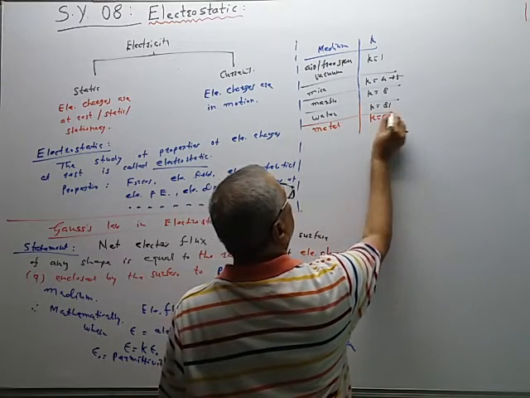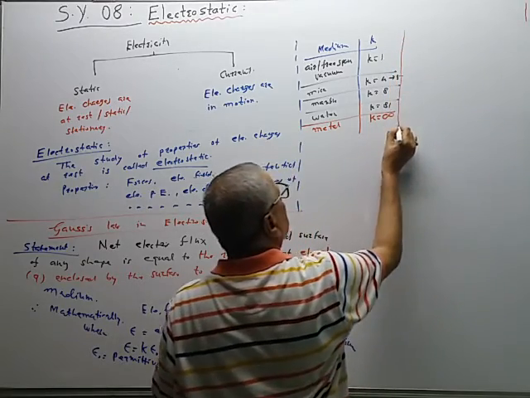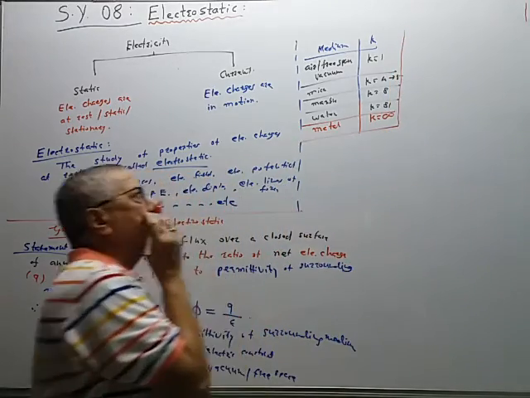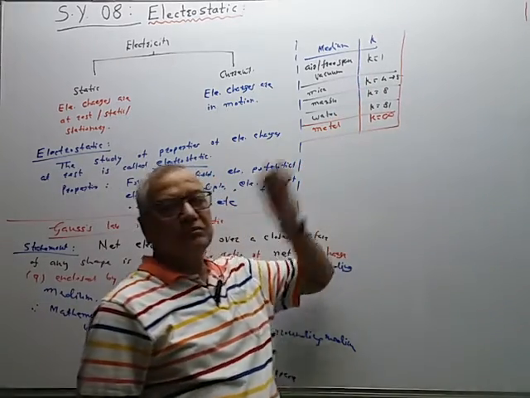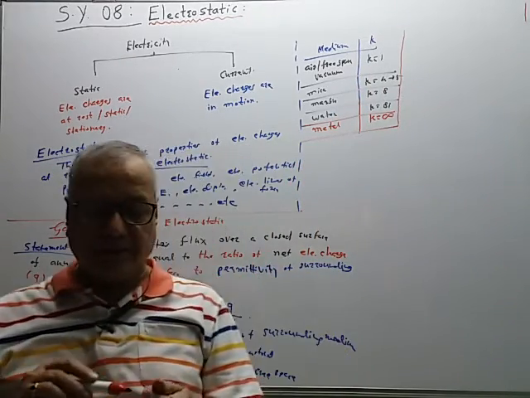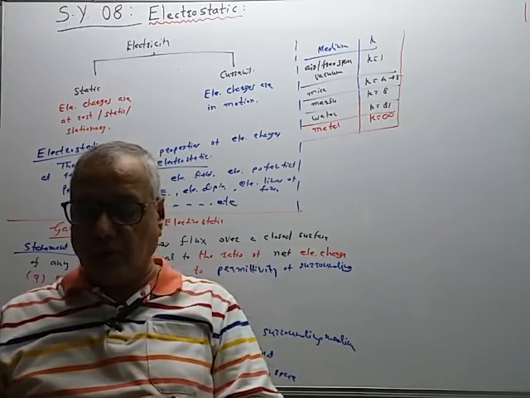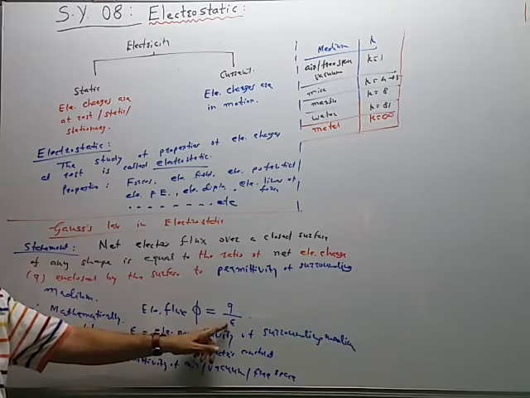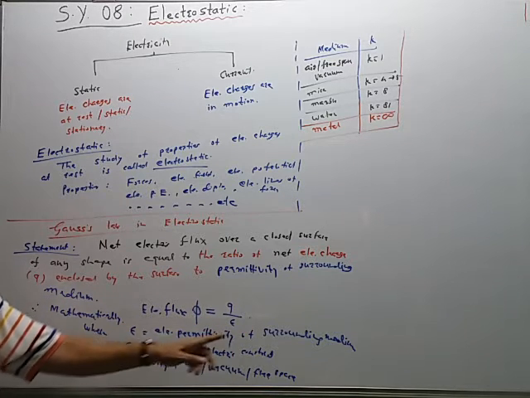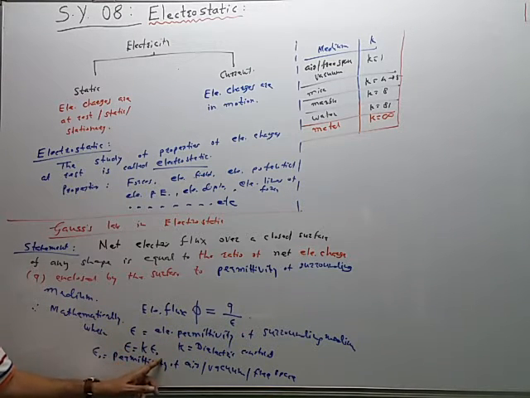It is a very good conductor. Metal is a good conductor. So we know already this value. We will require this value sometimes. Now, in this equation, we know the meaning of the denominator epsilon. It is the electrical permittivity of the surrounding medium. It is given by K multiplied by epsilon naught.